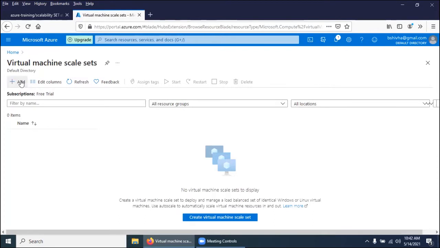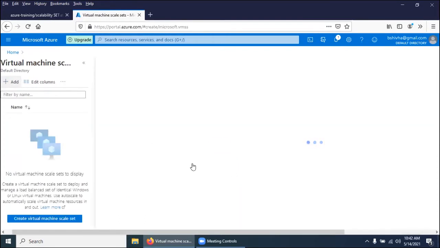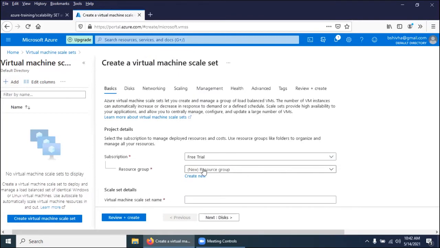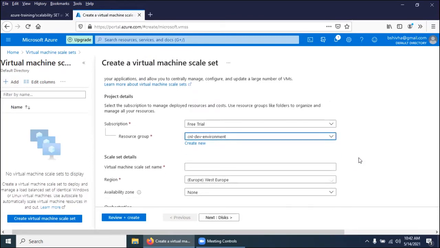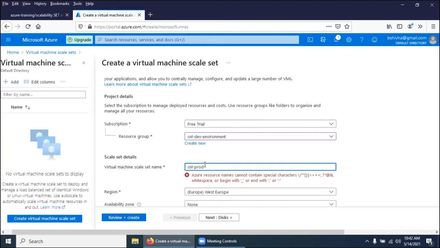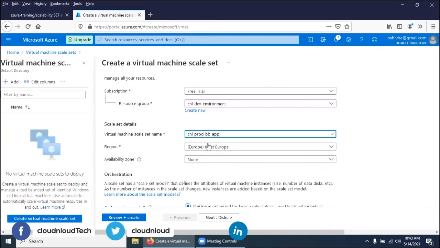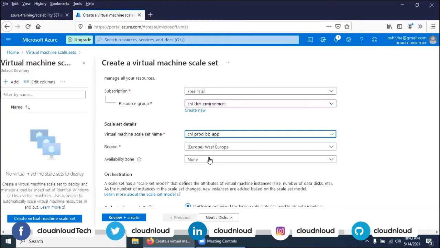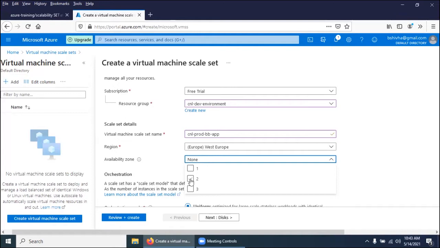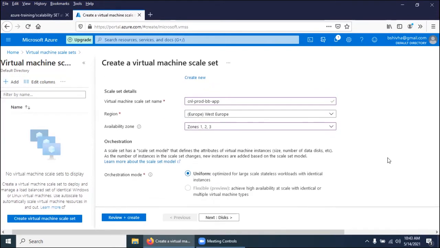I am creating a new virtual machine scale set. We'll go with a dev environment. The scale set name is CNL prod BB app. I'm going with the West Europe region, and all three availability zones.